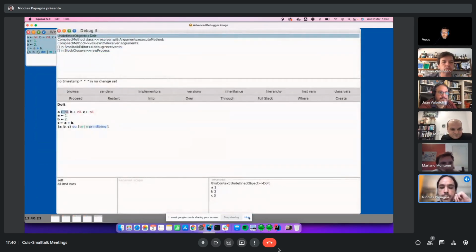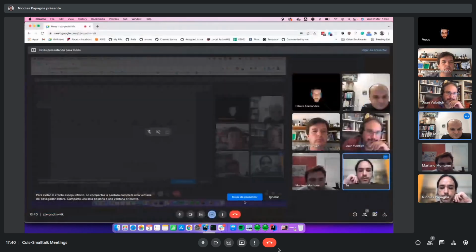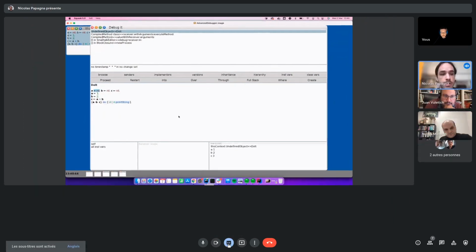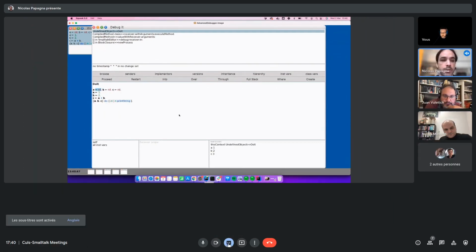I want to kind of clean up this view because I had some ideas for the future. And the first thing I noticed that we don't have is feedback when a variable changes, right? It might be silly, but sometimes I'm in a debugging session and I want to know when things change and